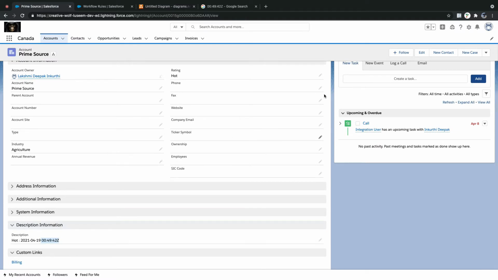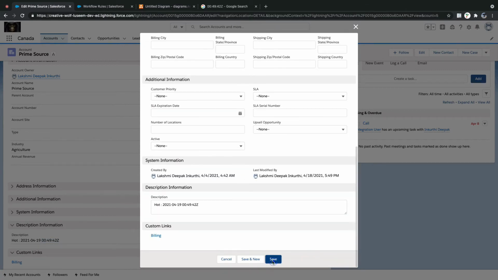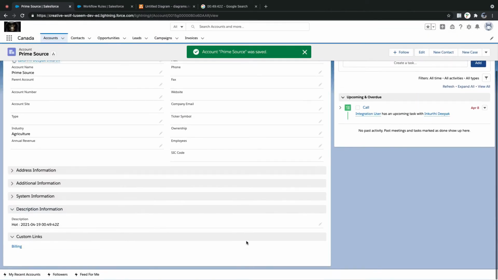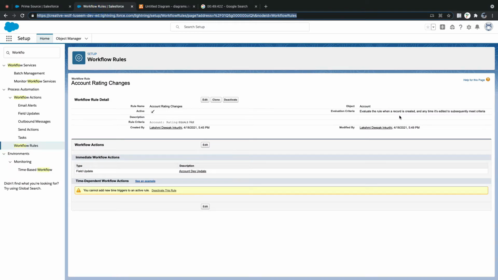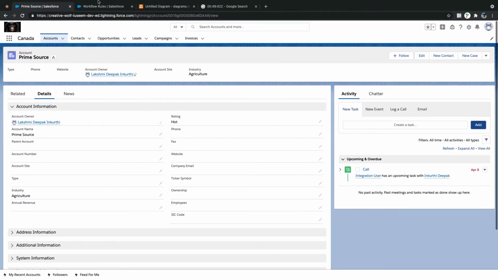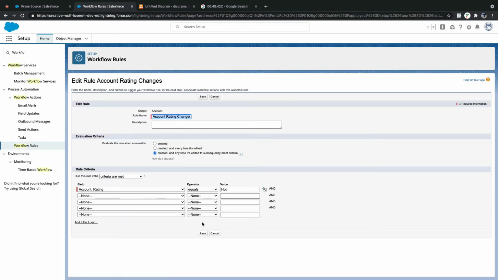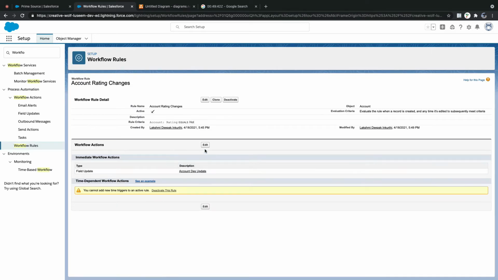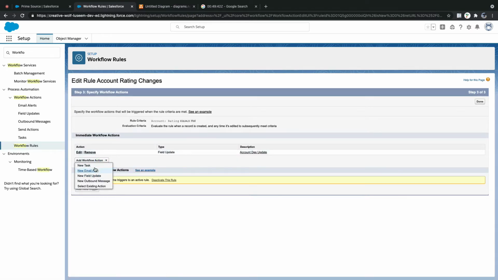Okay, so now you can see even if I modify, it is not updating, right? Now this is clear: the difference between every time edited and subsequently met criteria. You understand the implementation part. Again, workflow is just a condition, so you add a criteria, nothing else, guys. Add a criteria, save it, and add as many workflow actions as you need. There is no limit here. You can add multiple actions, another field update, you can add.